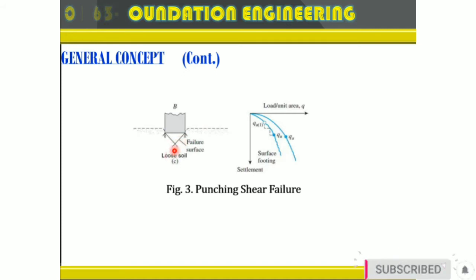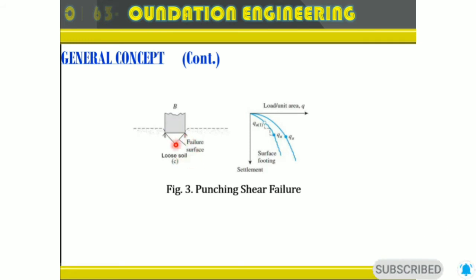And beyond the ultimate failure load, beyond this Q sub U here, the load settlement plot will be steep and practically almost linear, okay. And this type of failure in soil is called the punching shear failure, and this would be its corresponding load per unit area, small q, with respect to the settlement. Okay,